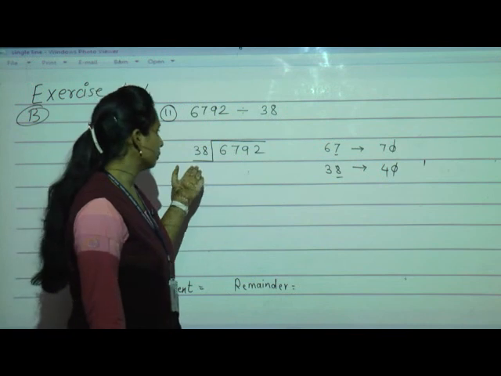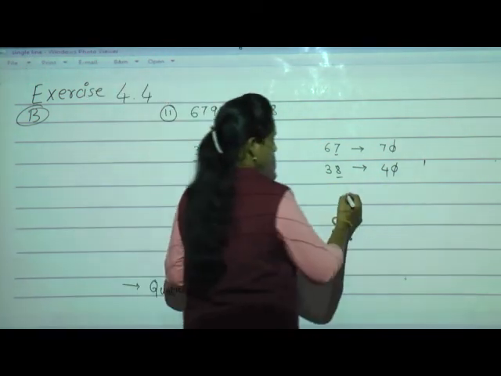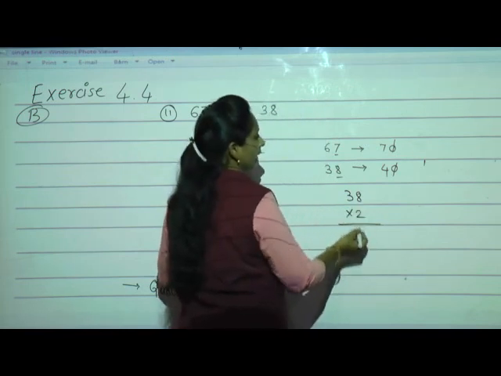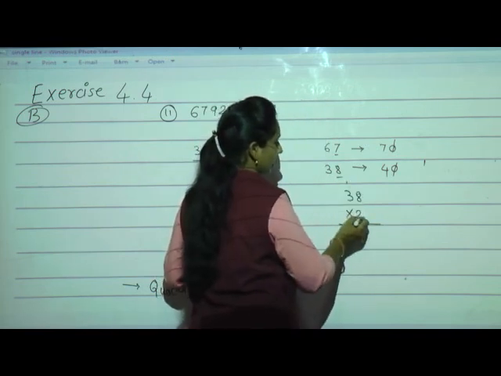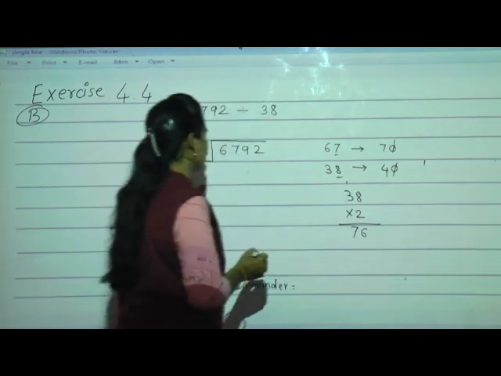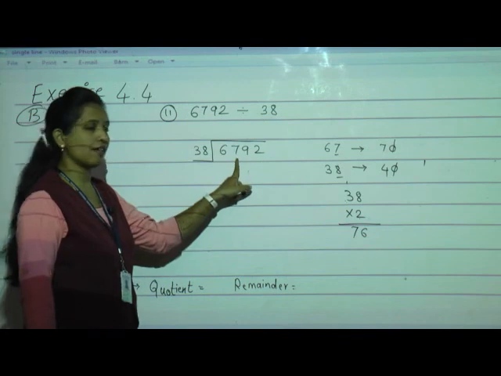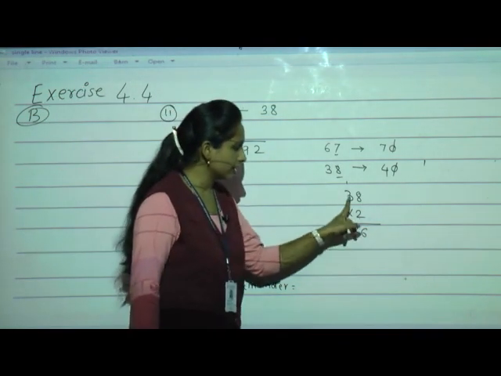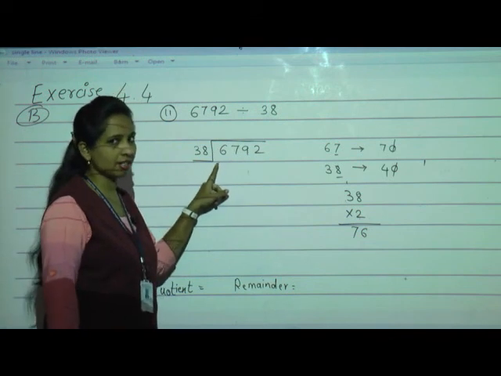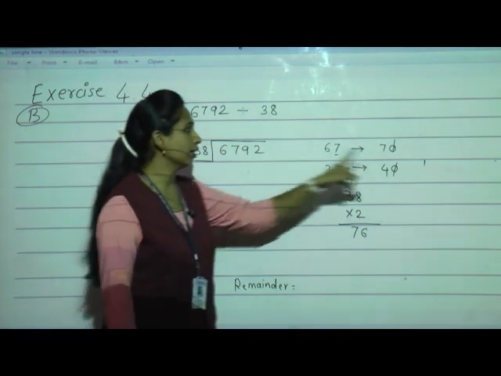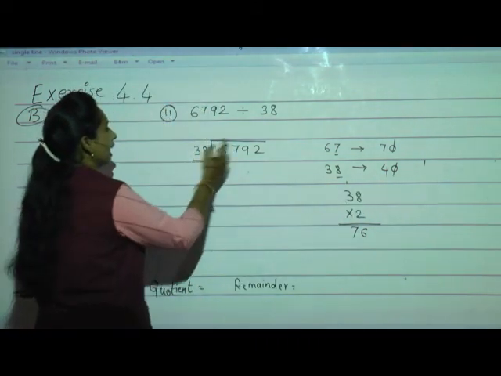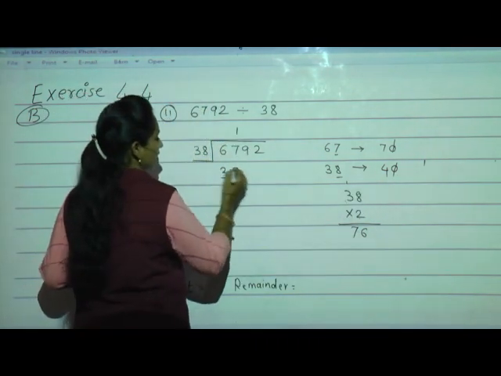Okay, what we will do is go with 2, near about. We will go with quotient 2. 8 2s are 16, 1 carry. 2 3s are 6, 6 plus 1 is 7, so 76. See, 67 is there. 38 two times means 76. Will 76 go into 67? No. So the estimate quotient is correct, that is 1. So 38 ones are 38.